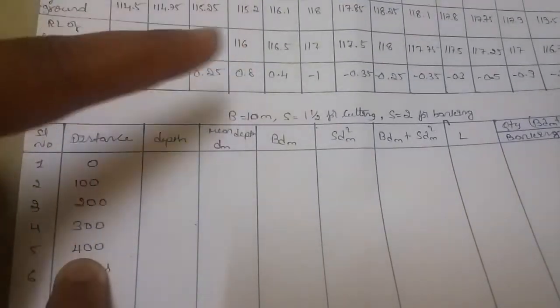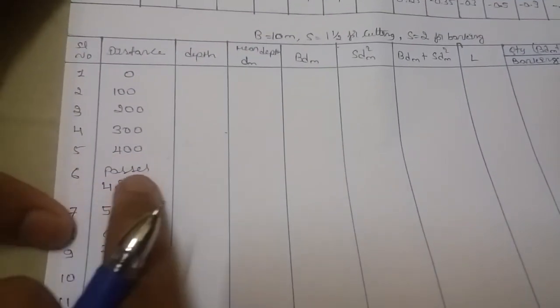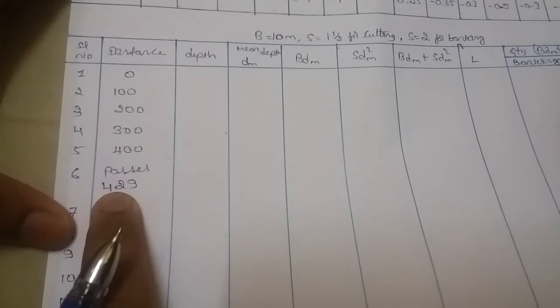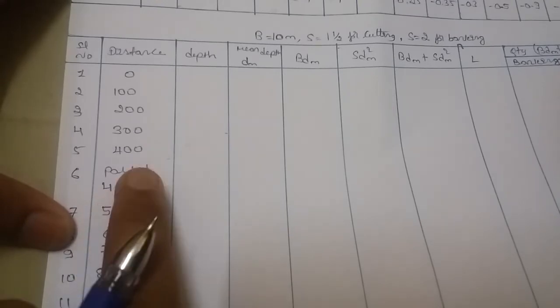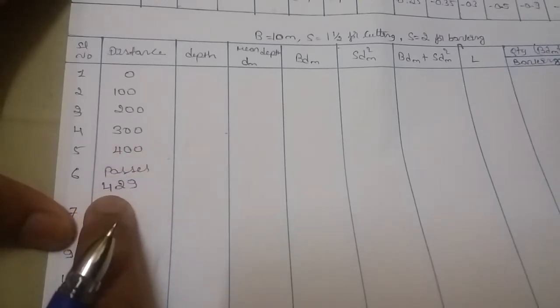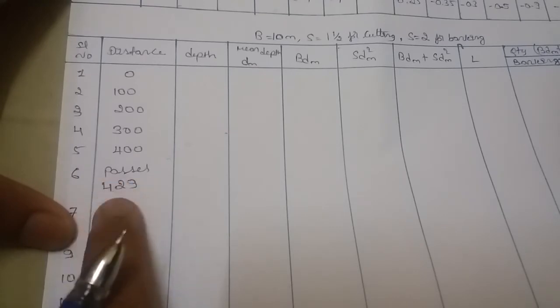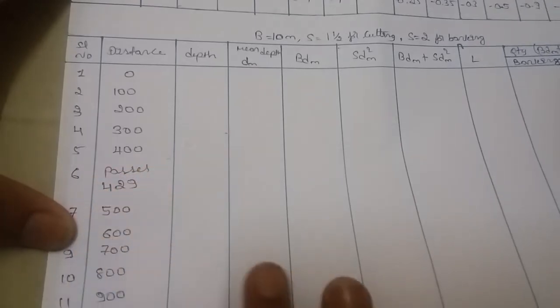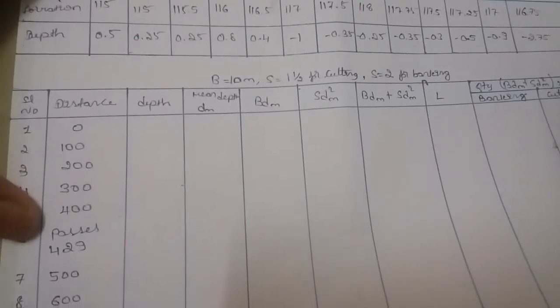Coming back to this table, with that value we need to add. In that, what I have taken, the passes I have mentioned, I have taken 29 meter. So 400 plus 29 is going to get us 429, where you got a 0 depth, right? Then after that, the same procedure you need to follow. So now just note down the depth.